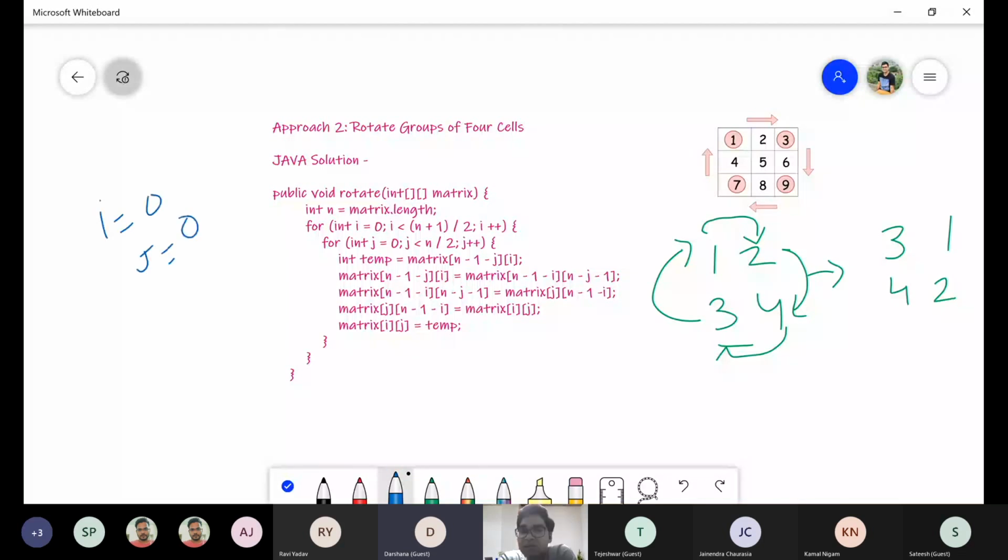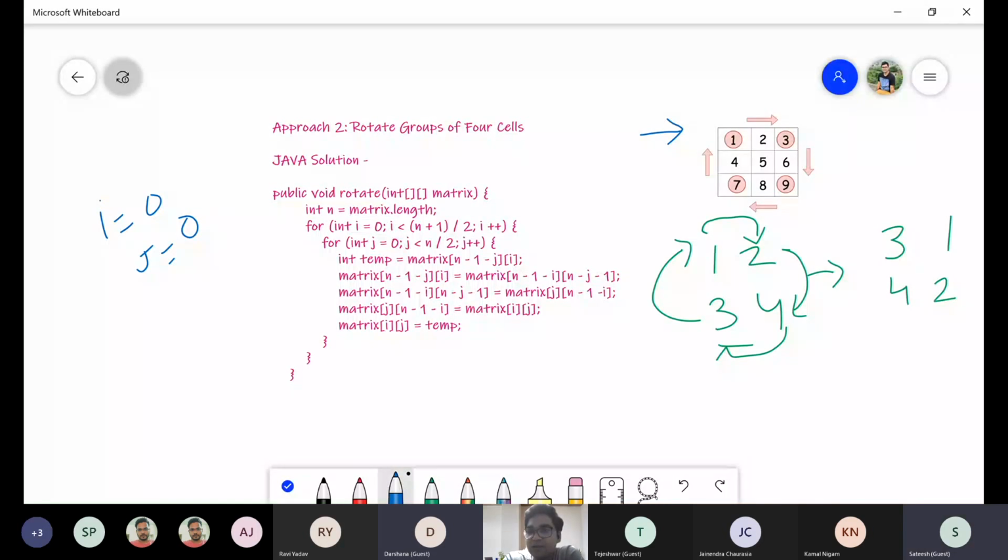Now the temp variable, what will be the value of the temp variable? Suppose take an example of this 3 cross 3 only. So what is the matrix length? 3.